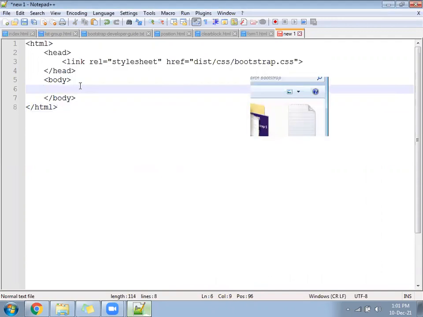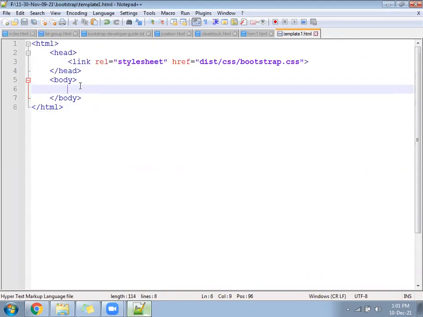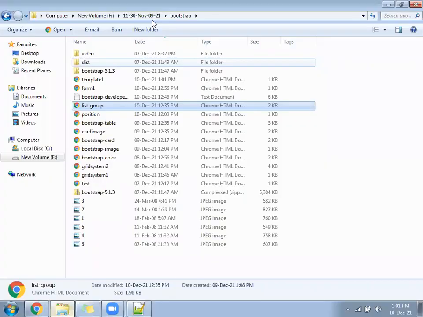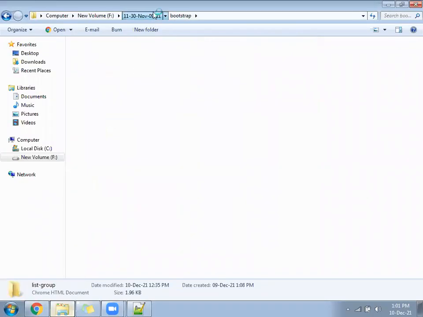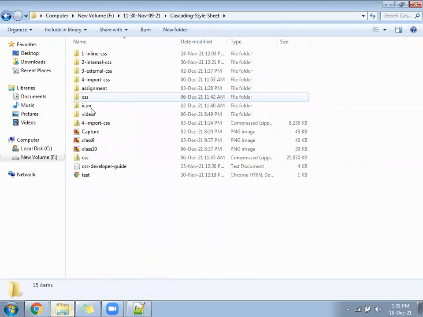Font Awesome folder, hope we have somewhere. Icon folder. We have an icon folder somewhere. We have gone through the CSS and we have an icon folder somewhere, right? Please copy the icon folder and paste it into the bootstrap folder. Bring your icon folder and paste it under the bootstrap folder. The icon folder you copy should be under the external CSS somewhere. In external CSS, you may have a folder called icon.